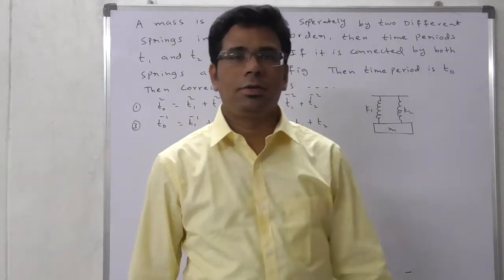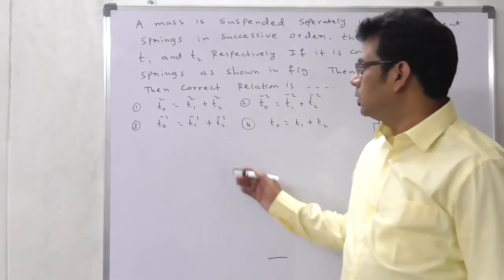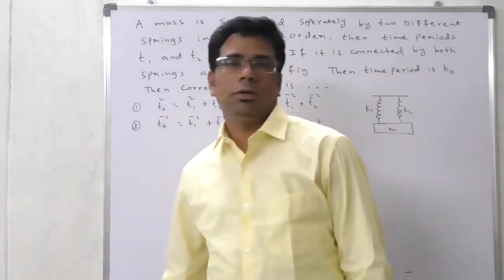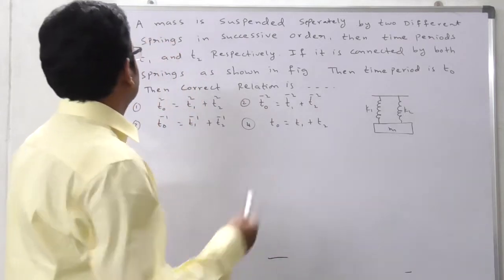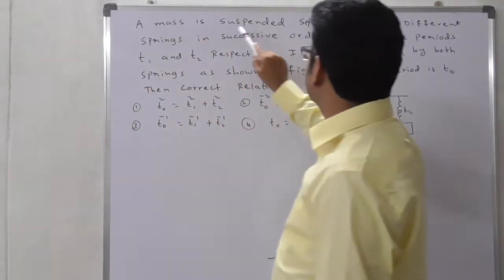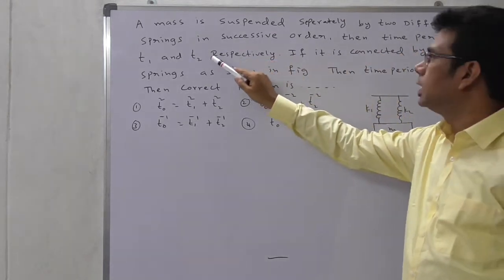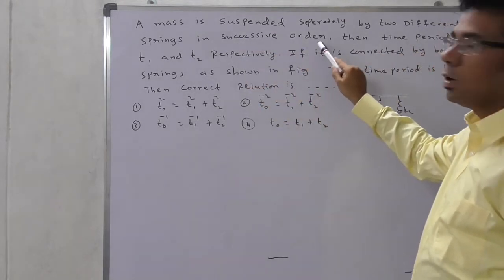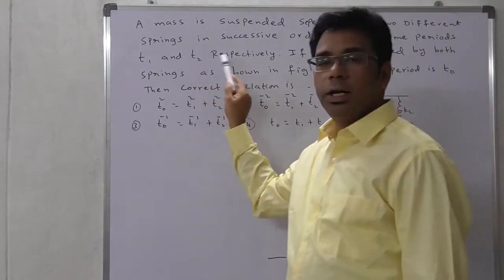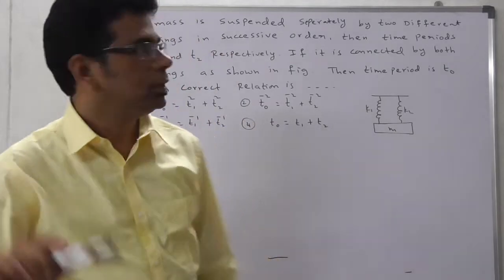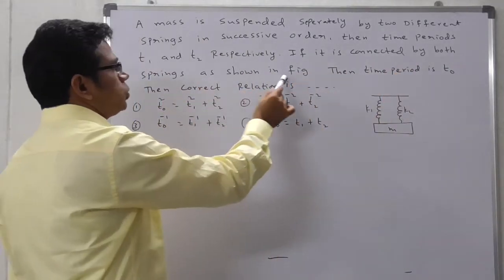Friends, this question is from NEET, simple harmonic motion concept. So observe here, what is the given concept? A mass is suspended separately by two different springs in successive order, giving time periods T1 and T2 respectively. If it is connected by both springs as shown in the figure,